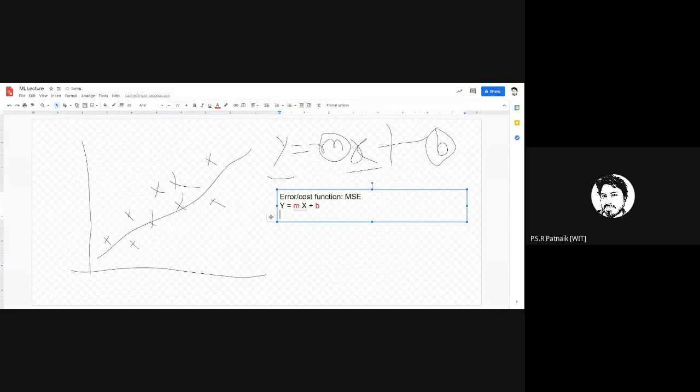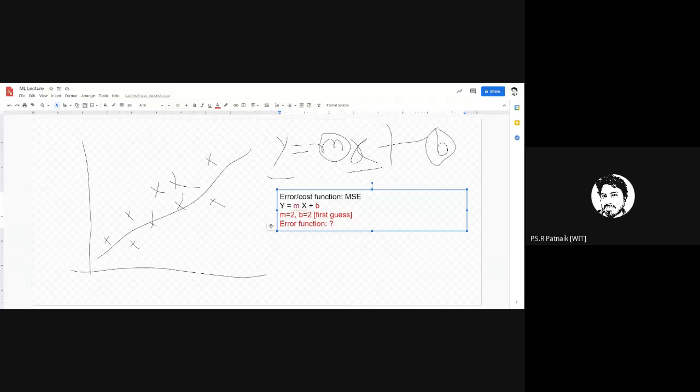When you're trying to guess m and b, let us suppose you have decided m is equal to 2 and b is equal to 2 for the given set of data points. This is just an assumption, your first guess. How to make this first guess depends on multiple parameters, and let us suppose we have randomly guessed that m is equal to 2, b is equal to 2. Now, what will be your error function value? How do you find the error if you guess m is equal to 2 and b is equal to 2?